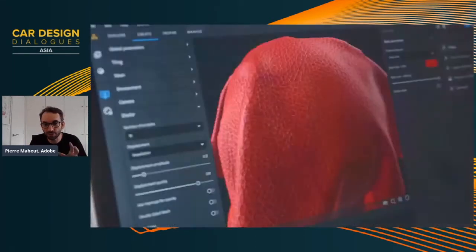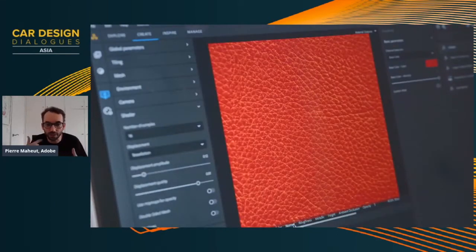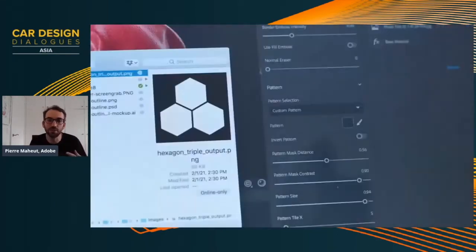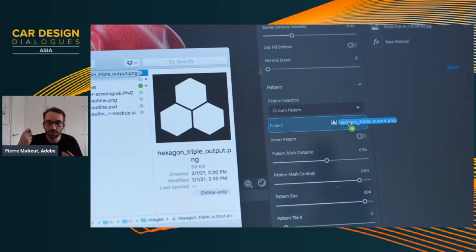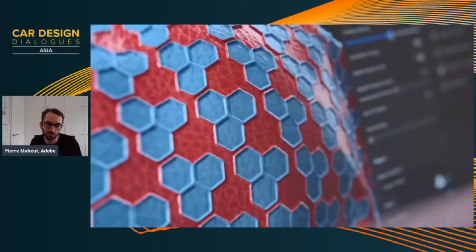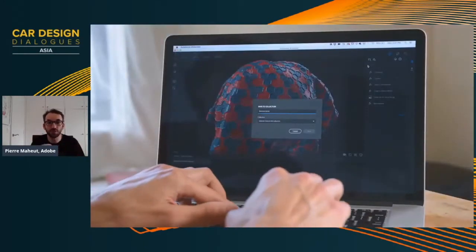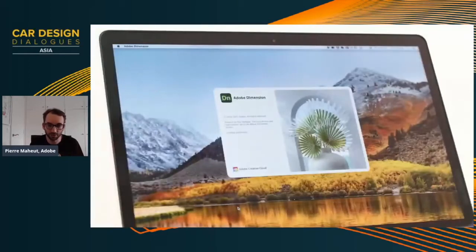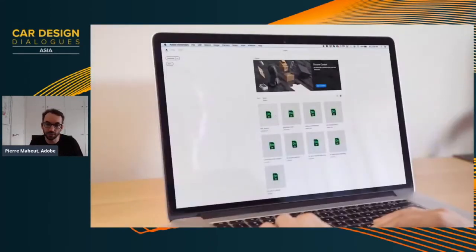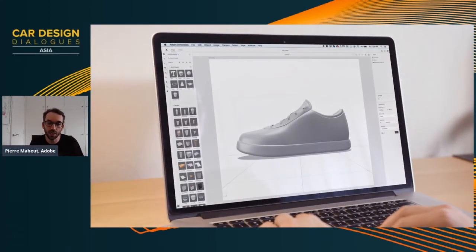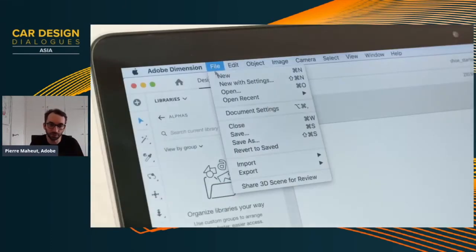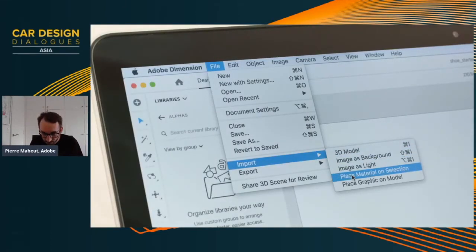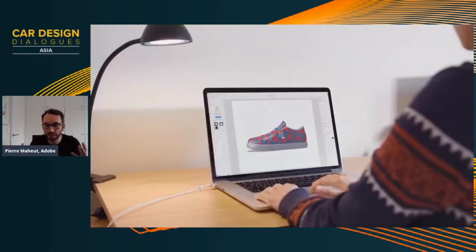So we leverage artificial intelligence that we train on many materials in order to give you directly the best outputs of the 3D materials. And then on top of it, you can generate variation. So here, adding graphics, adding color, adding variations on top of it. And then you can combine it with others using our toolsets. So here, for instance, with Stager, but you can then use any kind of 3D tools.